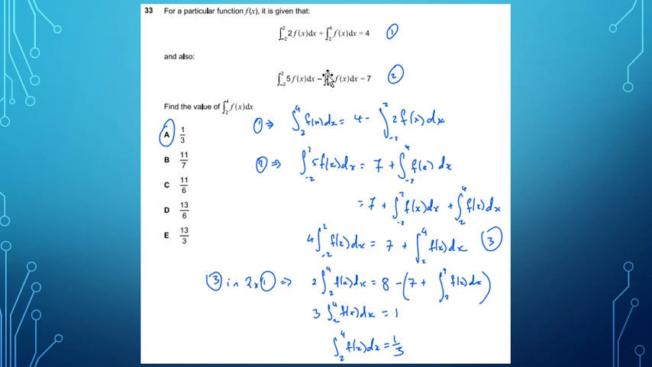Okay, this is quite extended, this one. So what we've got here is a function, don't know what it is, don't need to know what it is, but we're told that the integral of 2 times the function between minus 1 and 2 plus the integral of the same function between 2 and 4 is 4. And also we're told the integral from minus 2 to 2 of 5 times the function, take away the integral from minus 2 to 4 of the function is equal to 7. And these make two simultaneous equations,